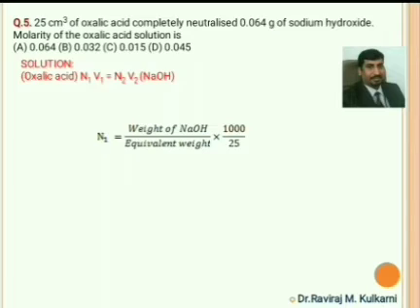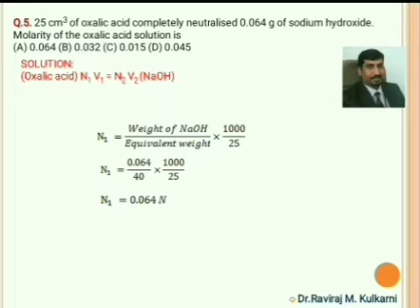N1 is the normality of oxalic acid. The volume of oxalic acid is 25 cm cube, milliliter, so 25 divided by 1000 it is. If you take this side, it is 1000 divided by 25. Weight of NaOH divided by equivalent weight into 1000 divided by 25 is the formula you have to use, and substitute the values. 0.064 divided by 40. 40 is the equivalent weight of NaOH. Molar mass and equivalent weight are the same for NaOH because it is a monoacidic base. So you get the answer